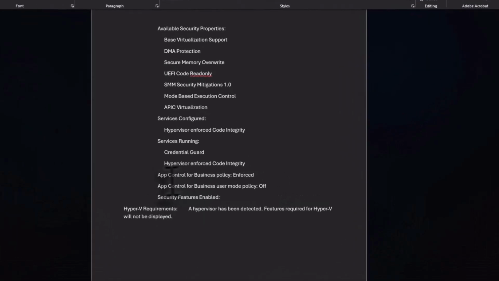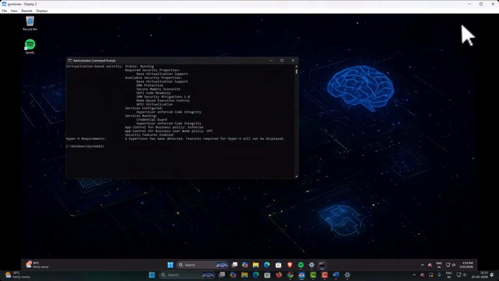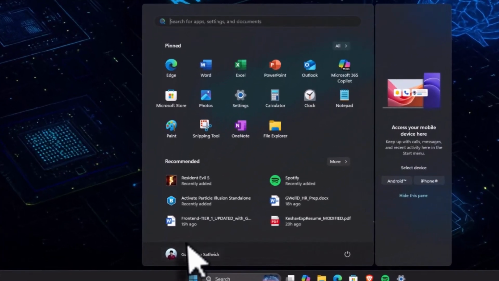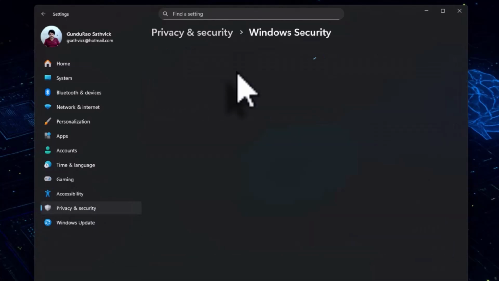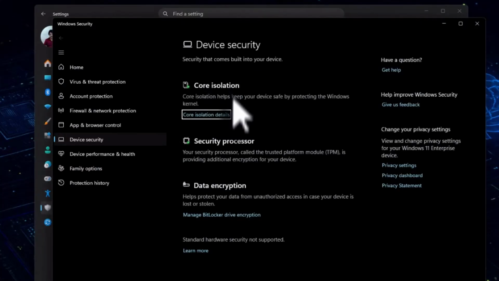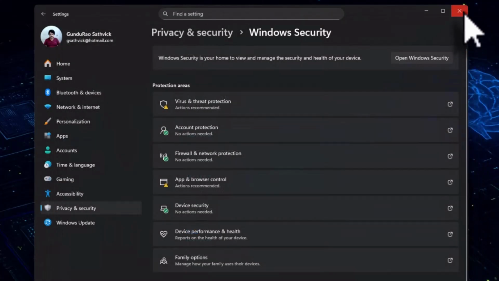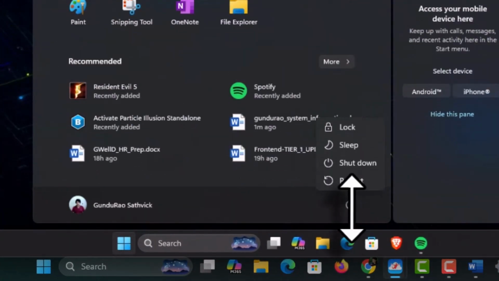One important factor you can see here is hypervisor enforced code integrity is switched on. We have to switch this off. I will close my Word document. I will also close my command prompt. Come into Windows. I will come into settings. If you come into privacy and security, come into Windows security. You have device security, click on it. You have core isolation. Click on core isolation details. You have memory integrity. Switch it off and close this. Close your settings window. Come into your Windows menu and click here and now